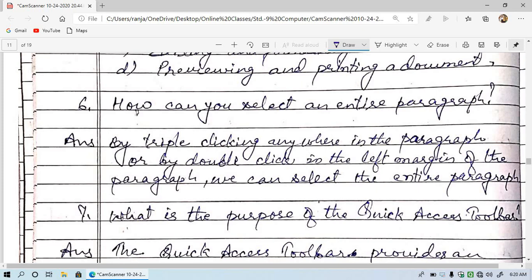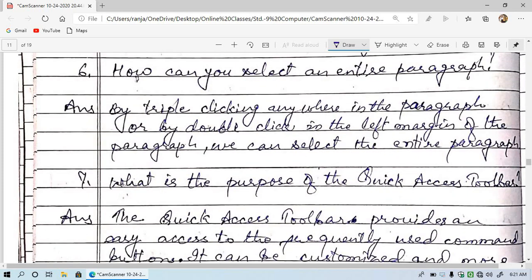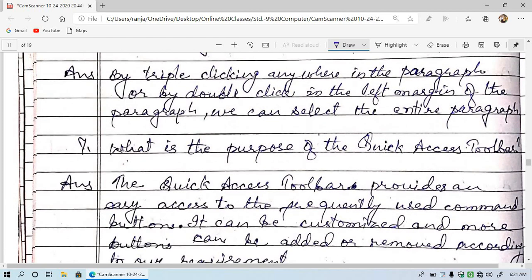Okay, so if you double click in the left margin, then it will be selected, and if you want to select by clicking three times, you have to click anywhere in the paragraph, and this will help you in selecting the entire paragraph.